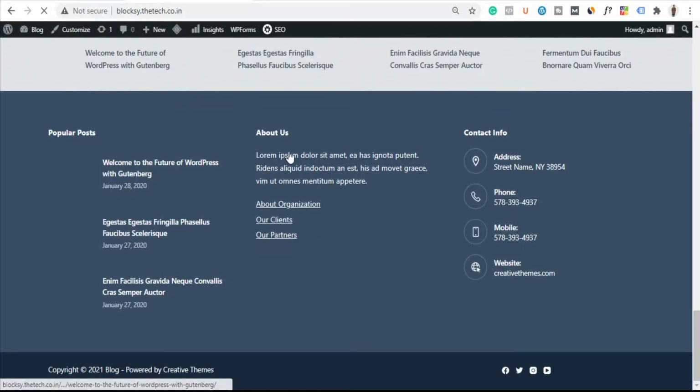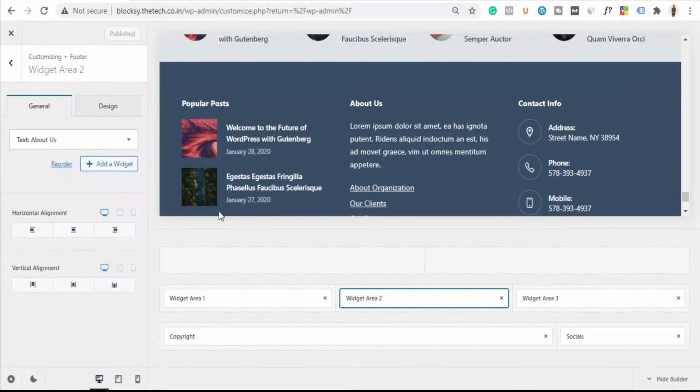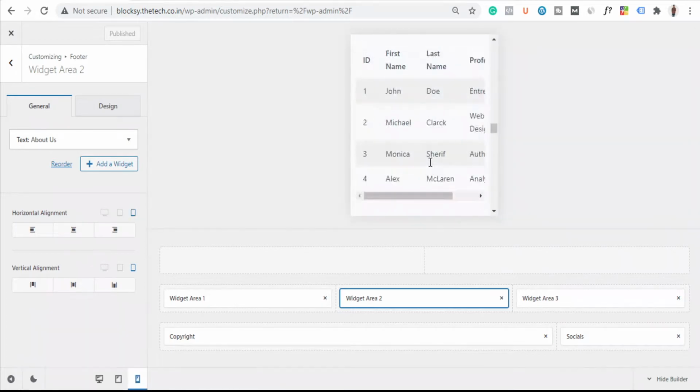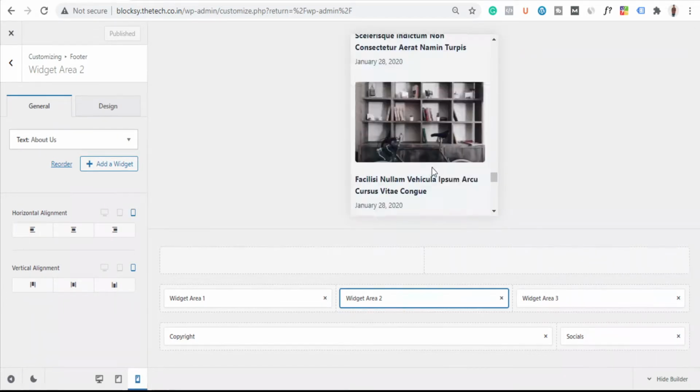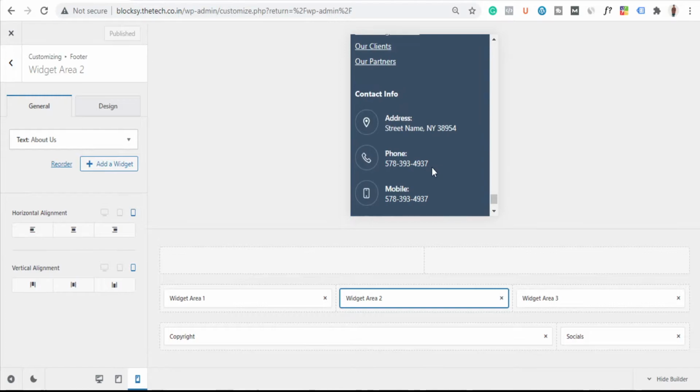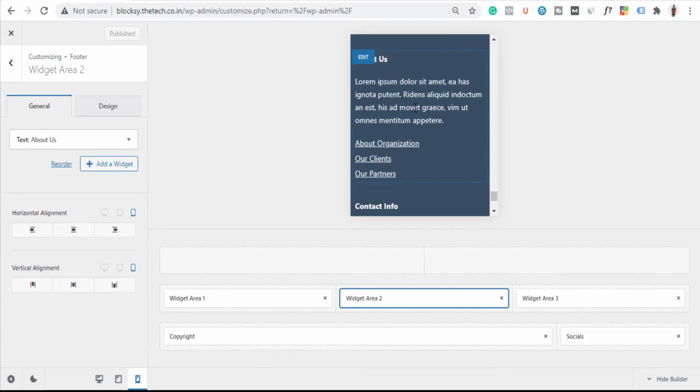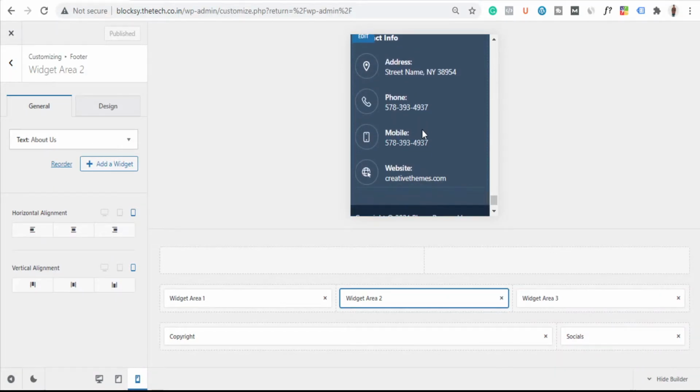So yes, I can see everything here, but I think we have missed one thing. We have not checked it for the mobile version. So for that let's go back again and click here on the phone part. Now you can see all are left aligned, so let's fix some of them.